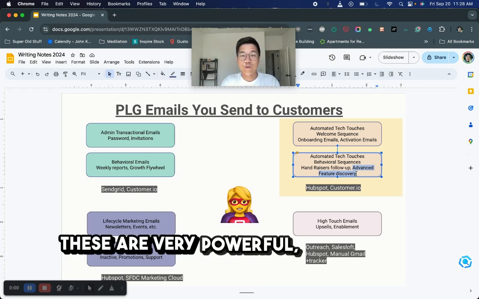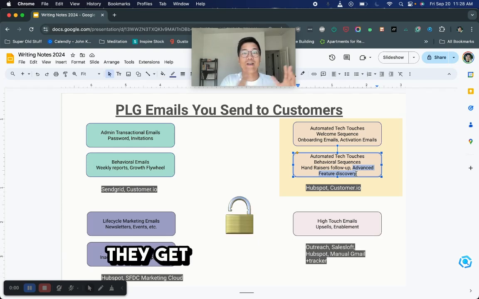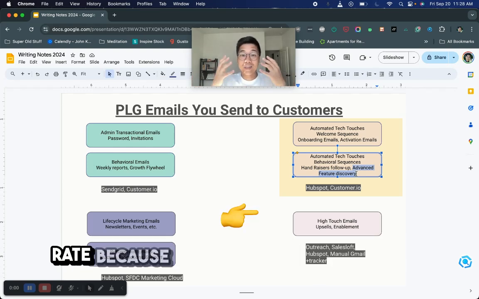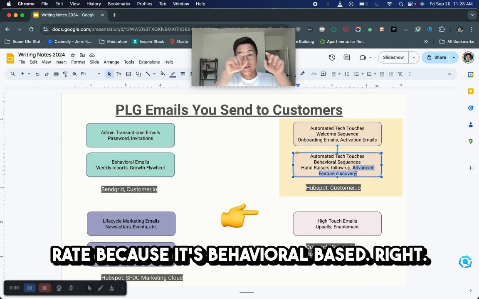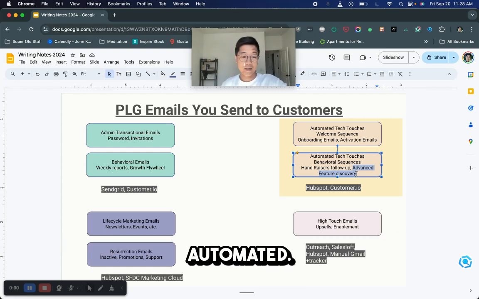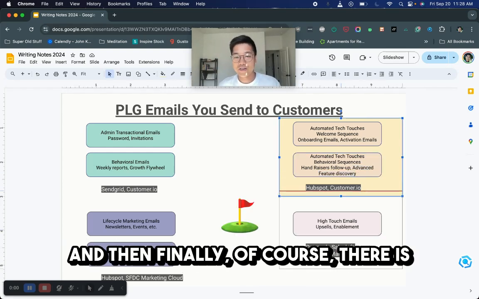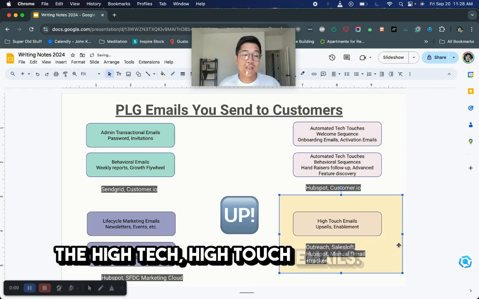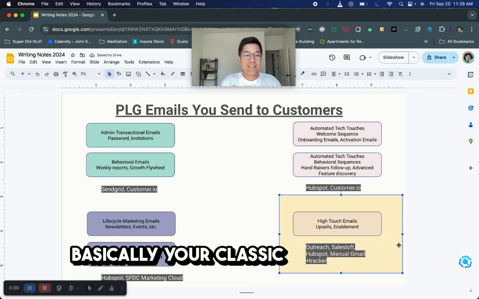These are very powerful, super, super powerful. They get about 60-70% open rate because it's behavioral based, right? Their action is triggering us to reach out to them, automated. And then finally, of course, there are the high tech, high touch emails, right? Basically your classic sales emails,